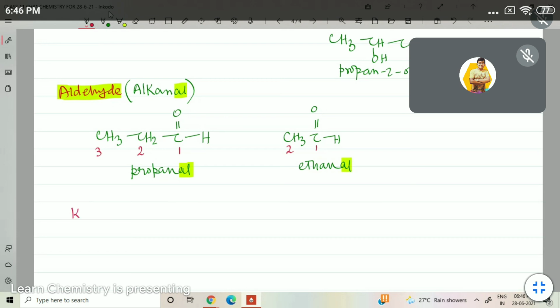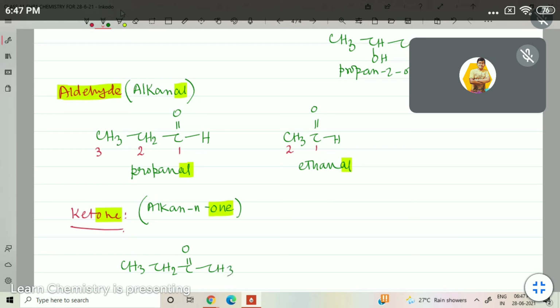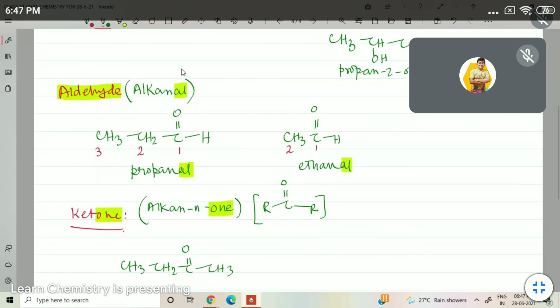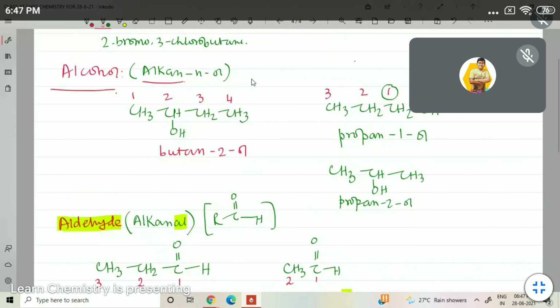Now what about ketone? The ketone is written as alkan, N, one, O-N-E. Here it is not ol, it is one. One stands for ketone. Okay. So for example, CH3, CH2, CO, CH3. This is the ketone. The general structure of ketone is something like this: R, CO, R. The general structure of aldehyde is RCHO. And the general structure of alcohol is